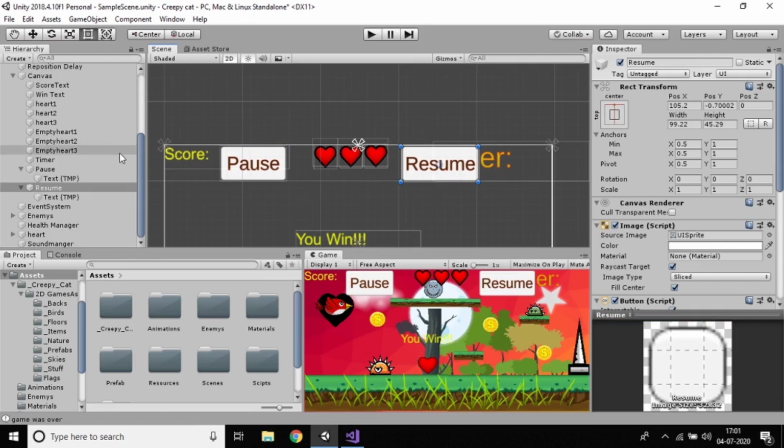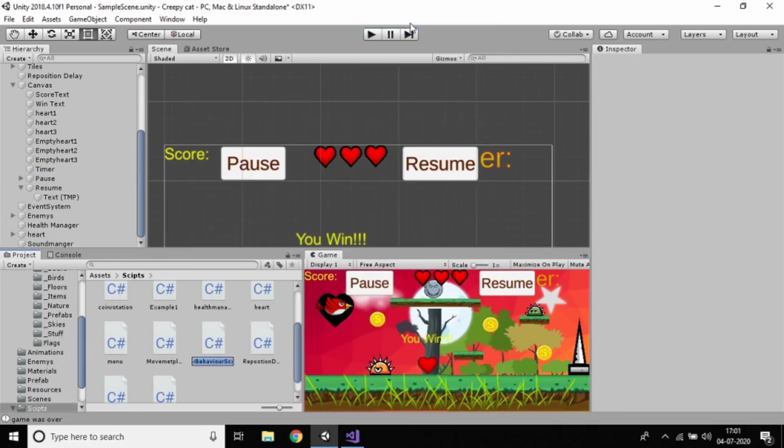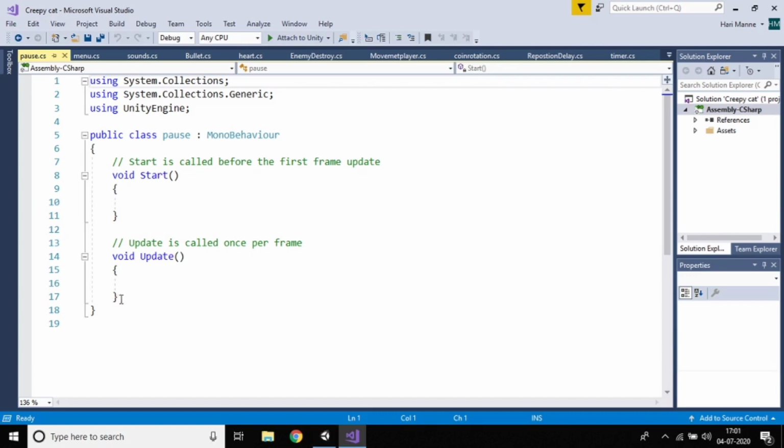And now my task is, if you are in the middle of the game and you want to pause, the game should pause, and if you want to resume, again it should resume. So for that I want to create a new script. Just go to new script and create a new script, and name it as pause script. Okay, just open the script and write the pause and resume code. I'll create two new functions, which I'll name pause and resume. Just make it public void